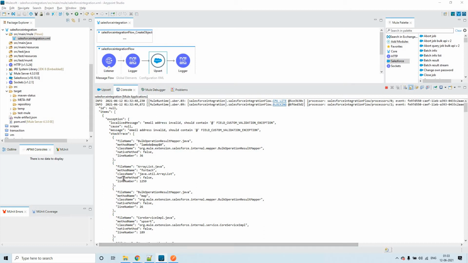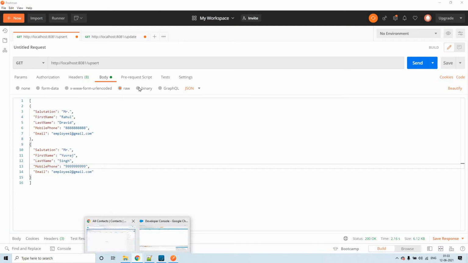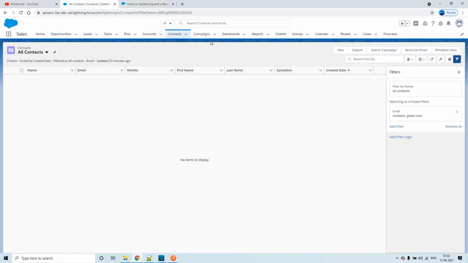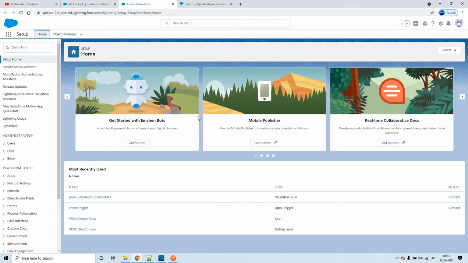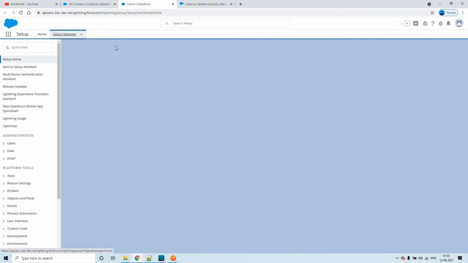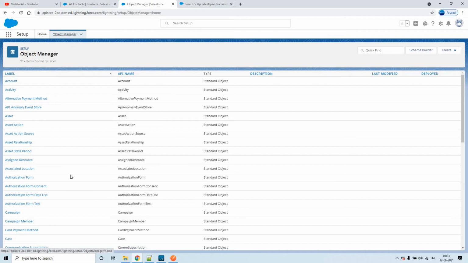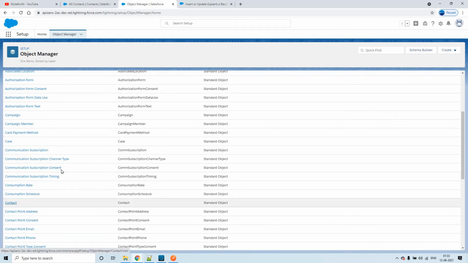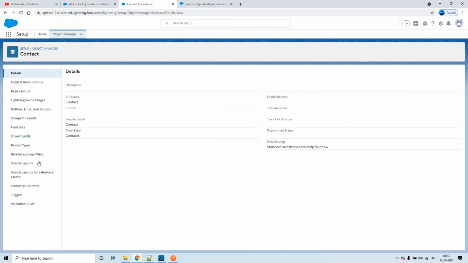The error says the email address is invalid, should contain something. Let me do one thing. I have been experimenting with adding validation rules, so something has happened. Let me delete or inactivate that validation rule. Any validation rule you write, you can only write on the object, on that particular object.